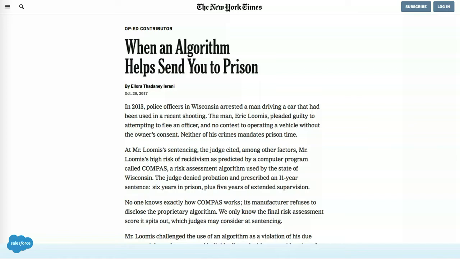Now, if you're in that position, you would want to know, why am I being sentenced to prison? What are the reasons that play a role in this machine learning algorithm, this black box that decides about my life? And here we're no longer deciding, is this customer going to purchase a product or not? It's really a life-changing decision that is being made by some kind of software.